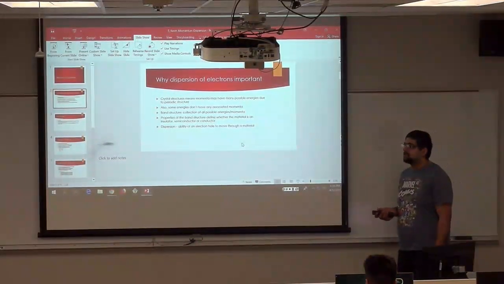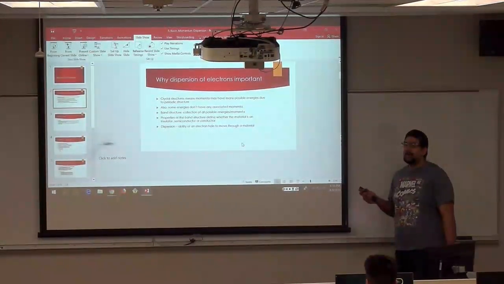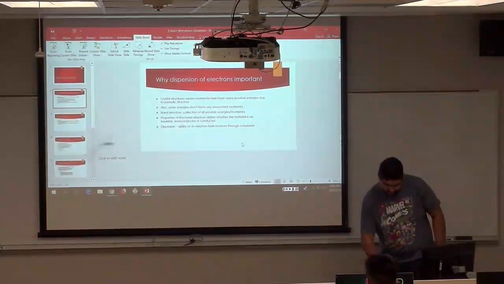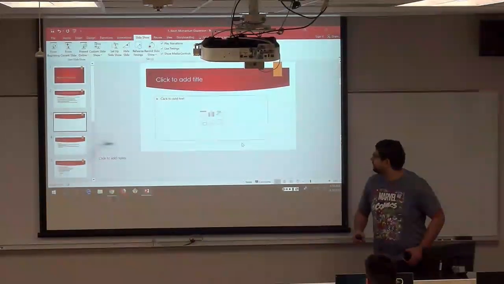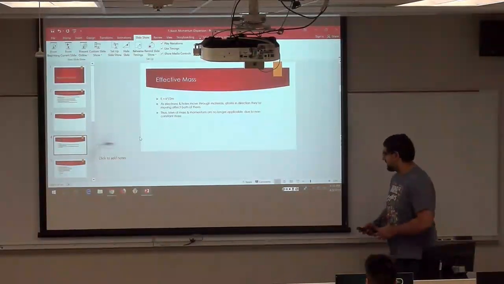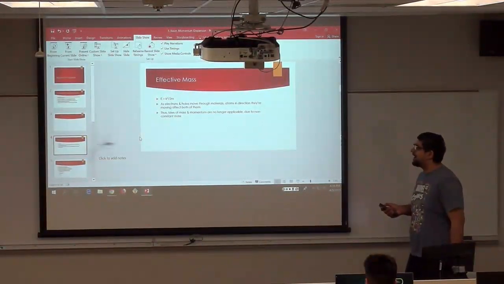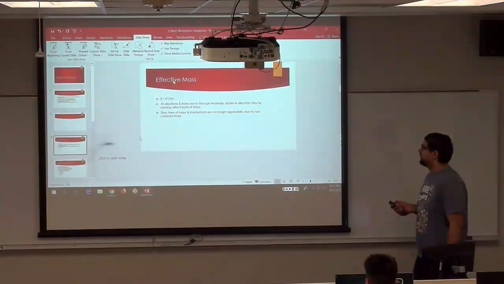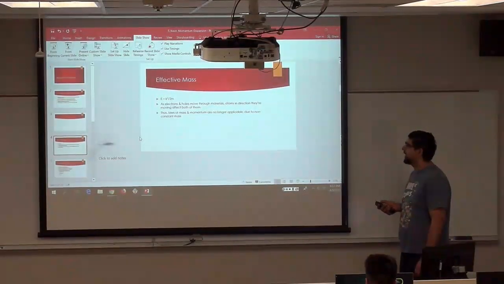conductor. So we try to find how energy depends on momentum. That's really important. Okay. Another thing before I get into the actual coding of this is to define effective mass. We all know that energy is equal to the momentum, which in this case is represented by k, so E equals k squared over 2m.